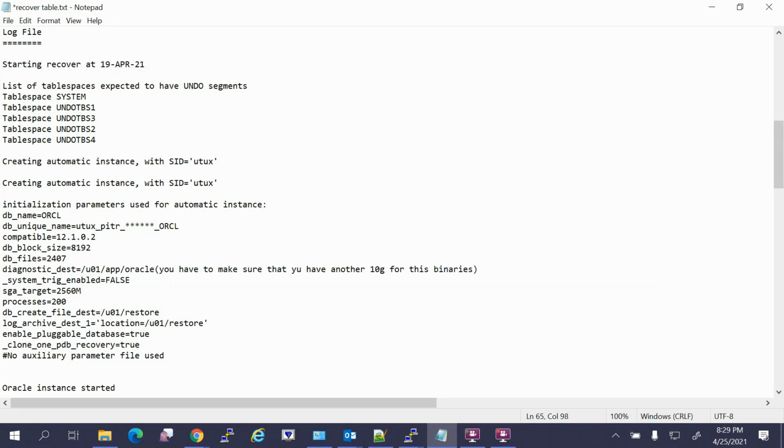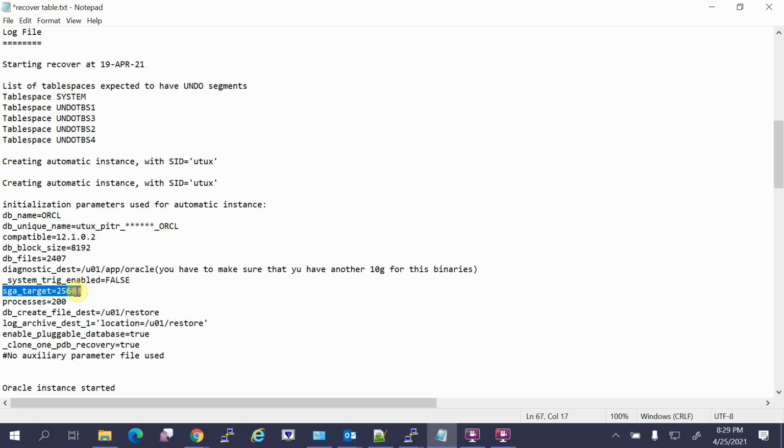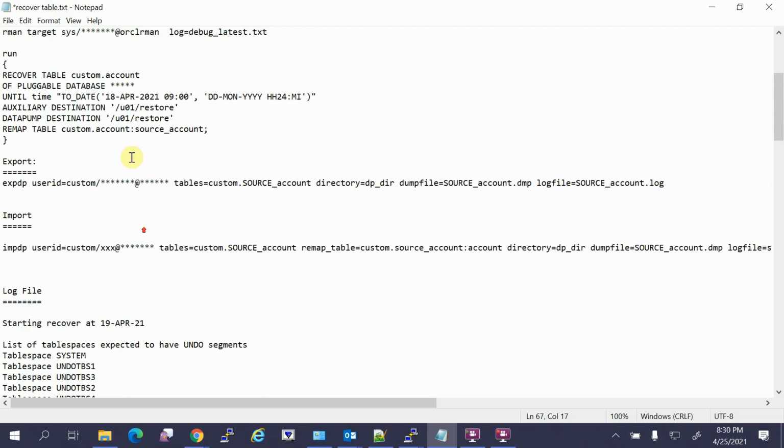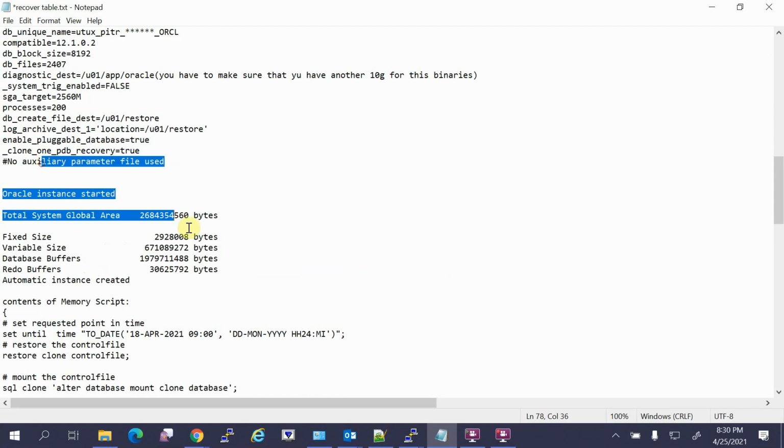You have to make sure of that, because it will allocate another 10 GB here. SGA target, it is just trying to bring up with 2 GB. DB create file dest, because I gave U01 restore, it is trying to restore to U01 restore. Of course, it is a pluggable database. So Oracle instance started.